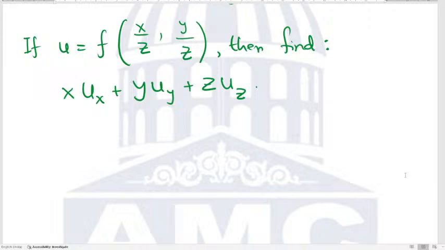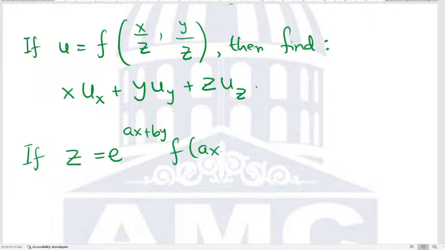problem that I would love that you would understand and do very nicely. I think this problem was there in your assignment as well. We will solve this problem sometime later because we have got 2 weeks of time. So if z is equal to e to the power ax plus by f of ax minus by, right? Then